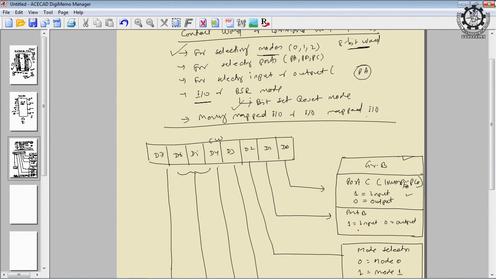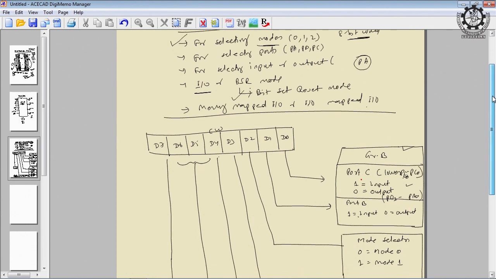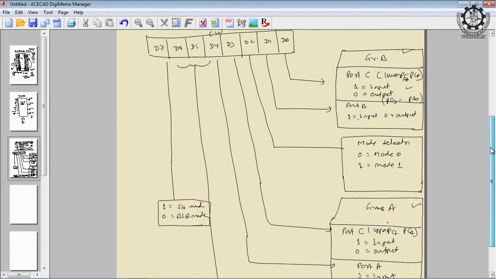Similarly, if the D1 bit is 1, that means port B is considered the input port. You are receiving data through port B, and port B means the entire PB0 to PB7 is associated, not 4 bits. And if it is 0, port B is taken as the output port. So this is setting the command word, we are not transferring the data. Data transfer will have a separate page, but initially you have to set this bit field and load it into the control register, such that port A, port B, and port C are all configured.